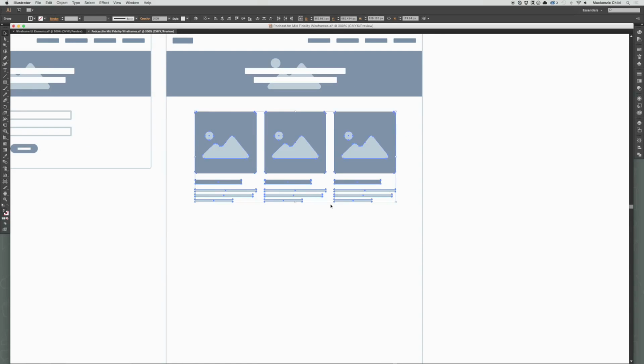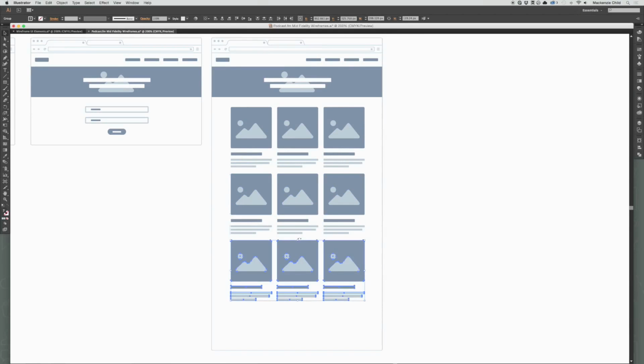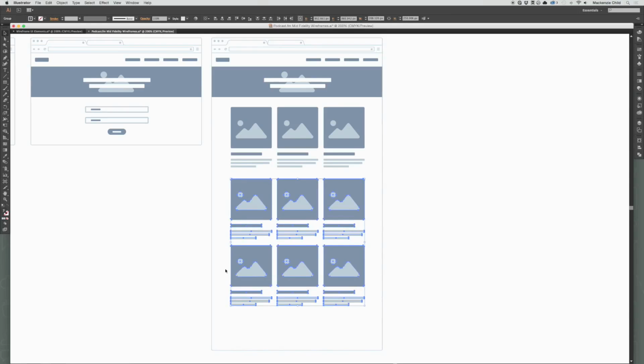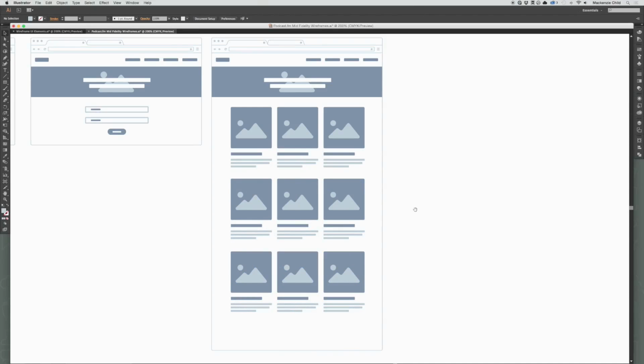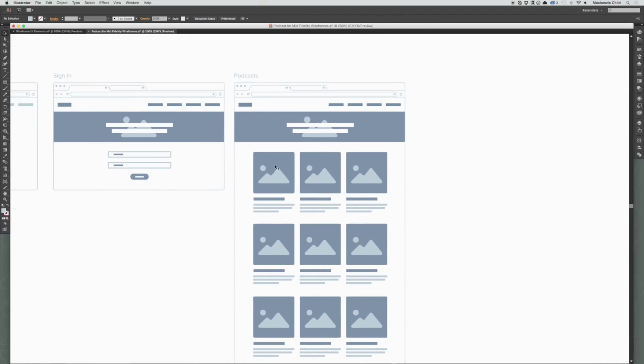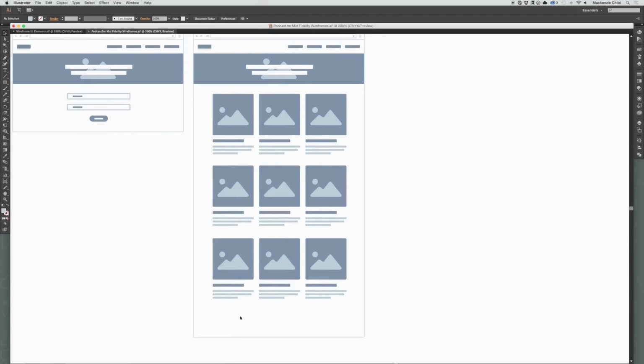All right, so next we probably want more than one, possibly 2 or 3. Probably 9 per page would be good. That looks a bit too tight. Let's add some spacing beneath that. There we go, that looks pretty good. So we'd have 9 podcasts per page, and then obviously we'd have separate pages, so